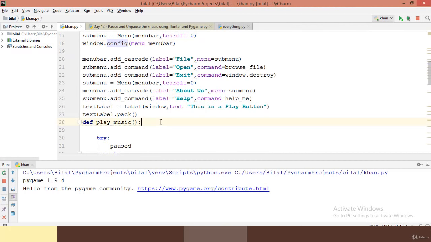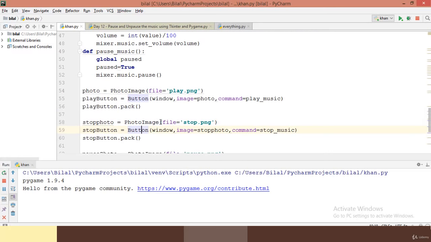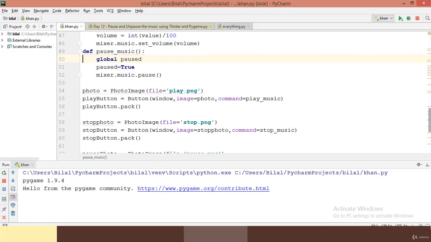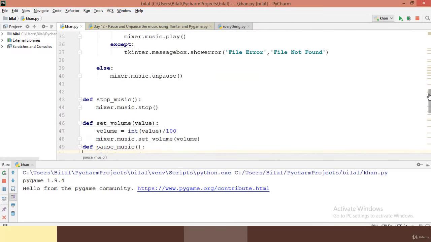Okay, so first of all, I'm creating simply a pause music function, and this method will get invoked once the pause button is clicked. What this method is doing is that I have created a global variable paused and put it equal to true, and it will simply pause the music. And now let's say this method is executed, and now when I click on the play button,